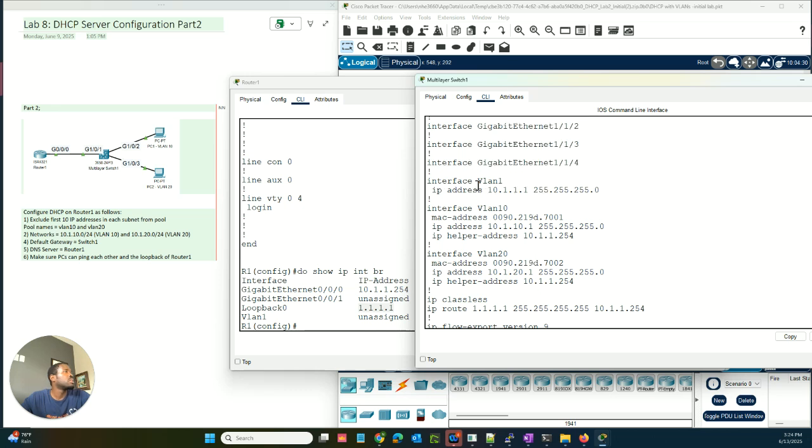So we have that VLAN 1 is the default VLAN. It has this configured. It has IP address 10.1.1.1, subnet mask of 24. We have VLAN 10, which has this IP address